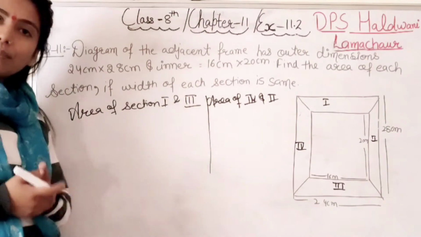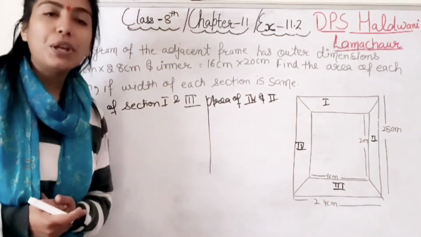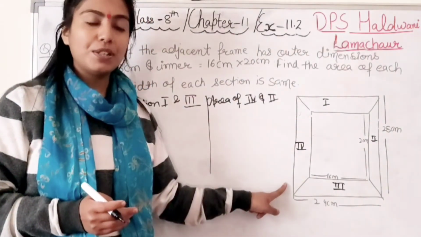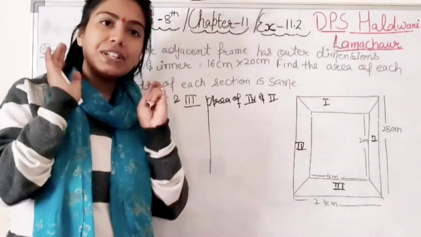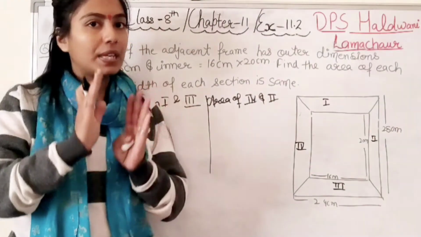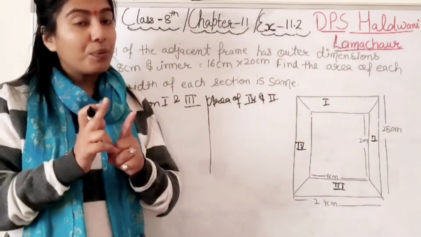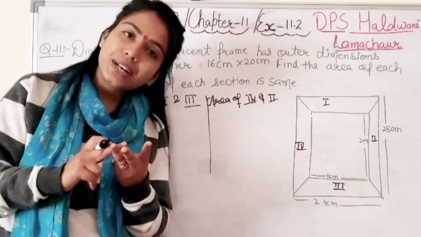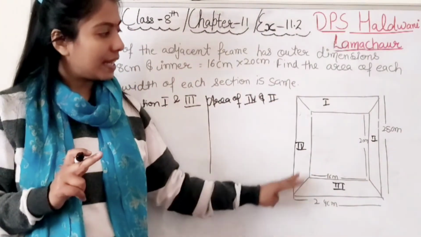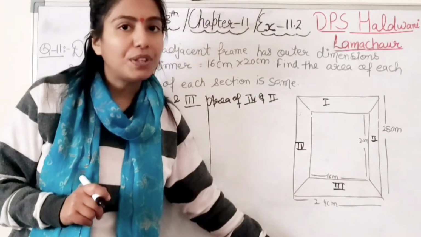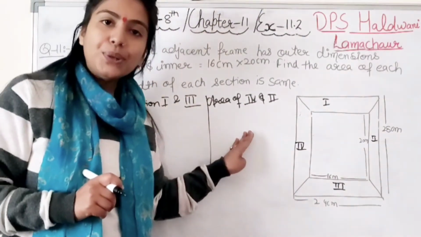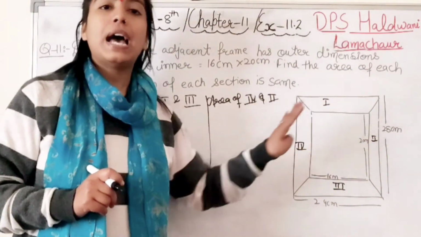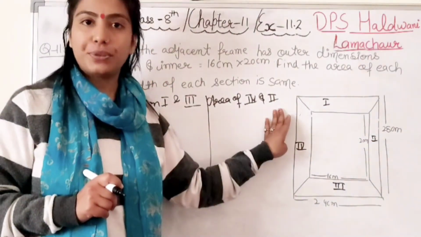Right? Now, student, which formula will you write down? This is the shape of a trapezium everywhere, so you will use the trapezium formula, half into a plus b into h. You have to be focused on what is a, what is b and what is h. Right, student? So you will see this, and only the calculation part you will do. Roughly I told you how to do it: section 1 and section 3, and section 4 and section 2, have the same area. I told you the formula.